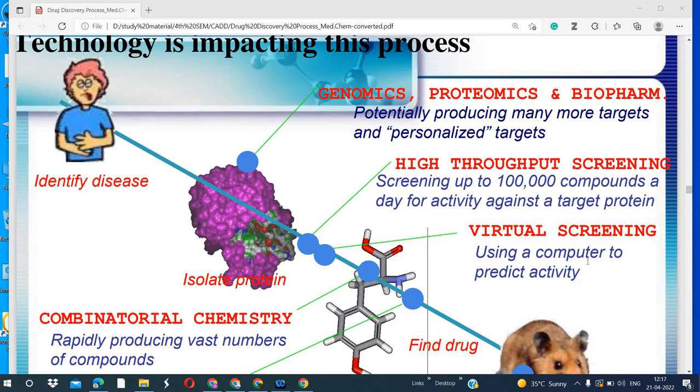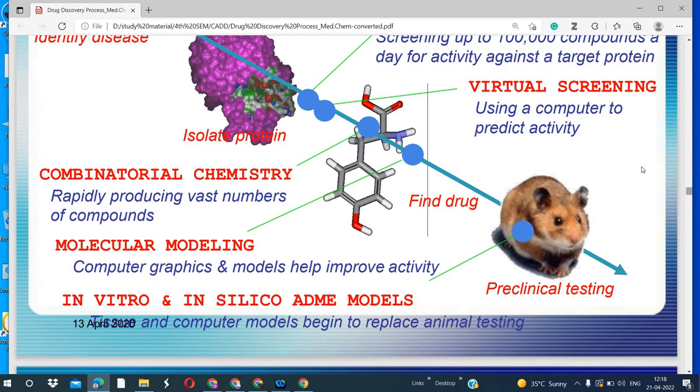This step is very helpful, and we study this in computer-aided drug designing, which is a branch of bioinformatics. In bioinformatics we use different kinds of study. You should have an identified target, and only then can you screen a large number of compounds. Virtual screening means that it is occurring in the computer virtually. It is not actual. But it is very helpful in the reduction of cost. It will reduce the cost.